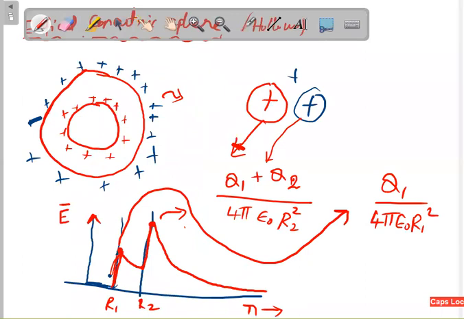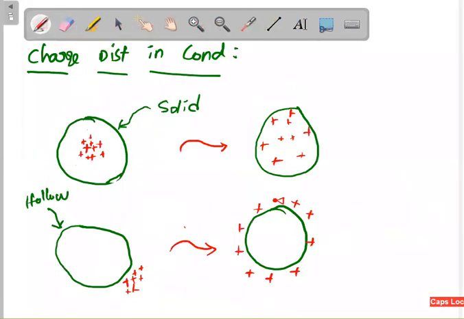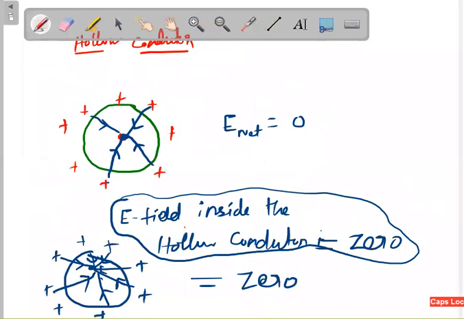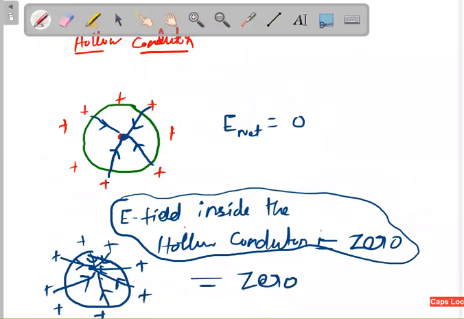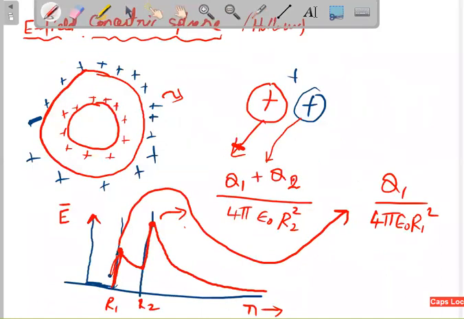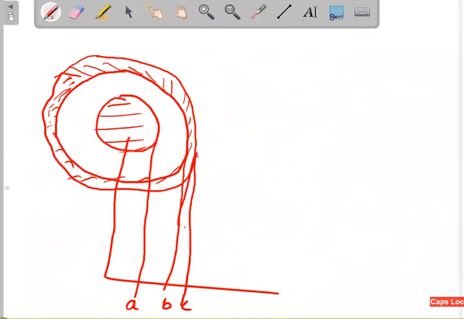Note down very clearly the electric field configuration I have drawn for different shapes. I started with the basics, how the charge gets distributed. Then we went to point charge, and also took a hollow conductor shape and saw the charge distribution. Next we took the electric field distribution in a hollow conductor, then extended it to concentric hollow conductors. Finally I have given you an exercise: if it is a solid conductor, what is the electric field distribution nature?